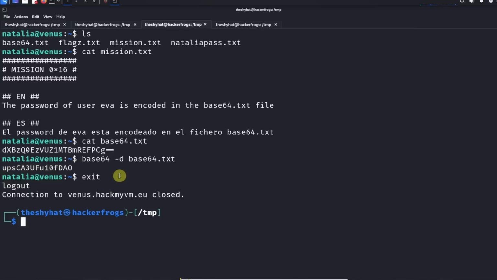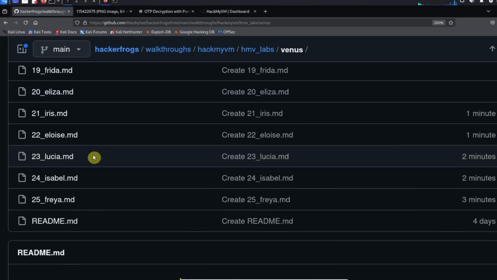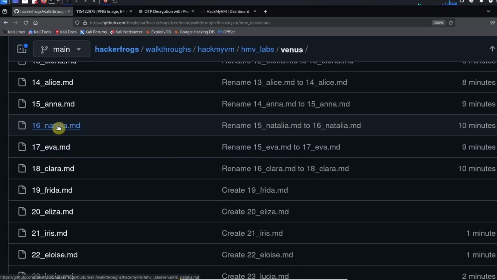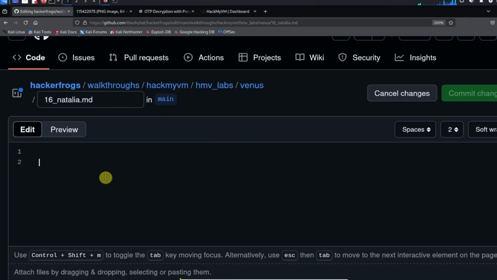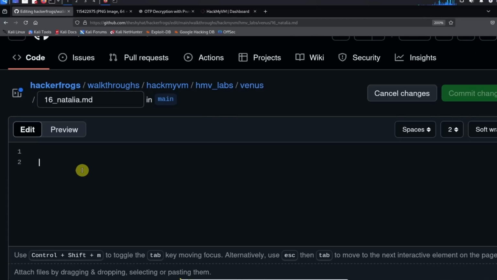Before we finish this challenge, let's do a little after action report over at github.com. So over here, github.com, this is the Natalia level. We're going to edit the file and let's make this nice and big. Ooh, that's a little too big. Okay. So the target user in this level is the Eva user, and the method of solve for this level is